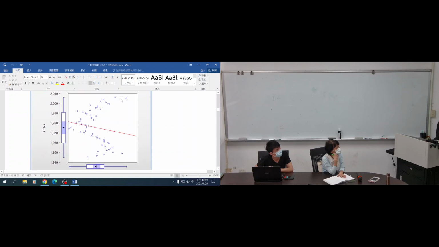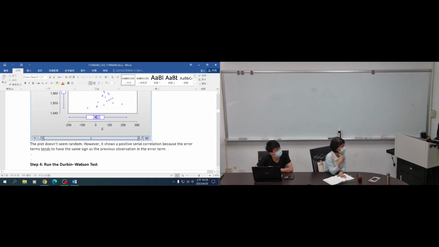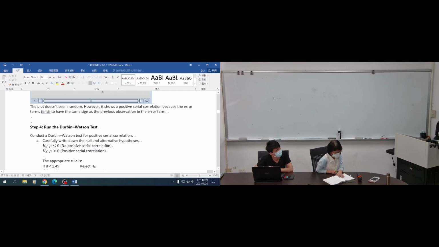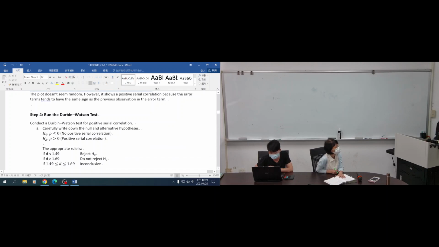As you can see, the plot is zigzag, so it doesn't seem random. It shows positive serial correlation, because the error terms tend to have the same sign as the previous observation. And for the Durbin-Watson test,